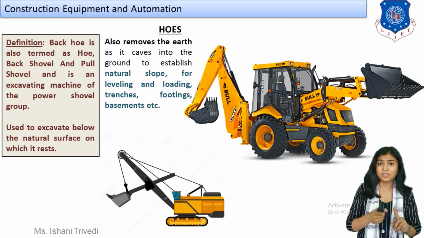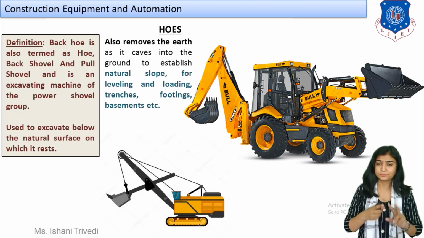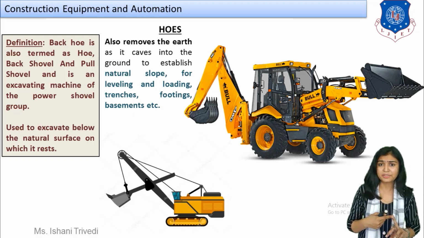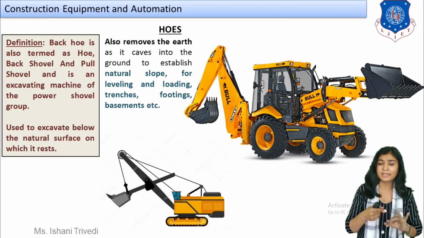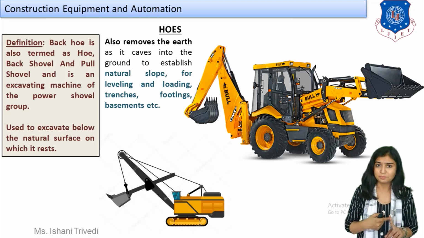First, if I talk about similarity, both of them are a type of excavator. Both have the same purpose, which is to perform excavation work on the soil, on the earth. Second, in the hoe excavator, the bucket, which we had called the dipper when we talked about the power shovel. We discussed its various parts. It had a boom, it had an arm, it had a hydraulic cylinder, the dipper stick and the hoisting cable. So now instead of dipper we can also call it bucket over here.